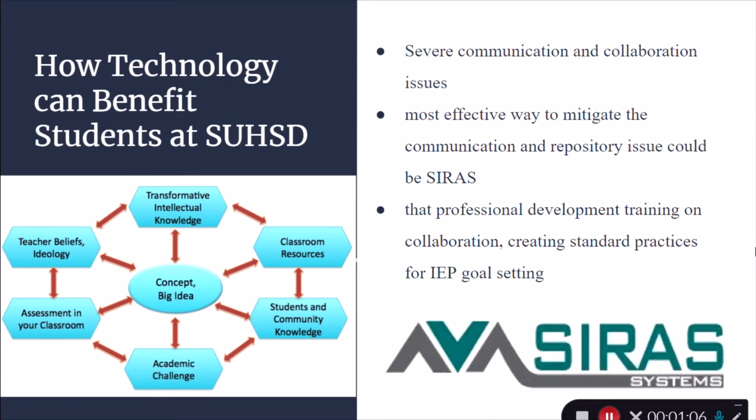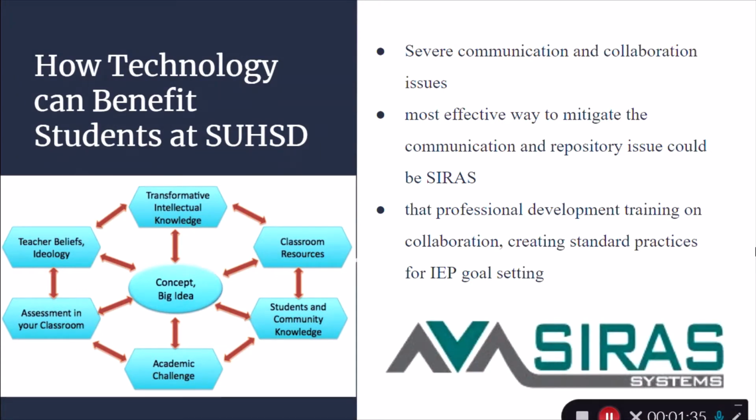The counseling team concluded that the most effective way to mitigate the communication and repository issue would be to implement CIRAS, which is a web-based repository program that provides unified and reliable data, prevents any need for duplicate entry, and allows for a smooth transition of information between student information systems.